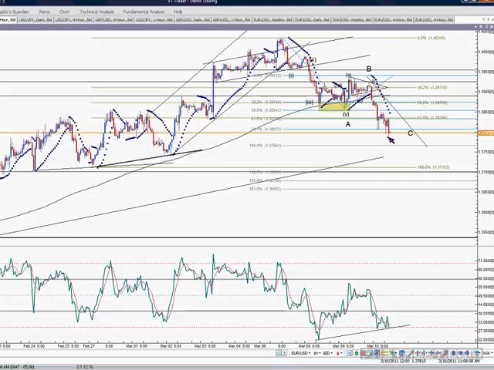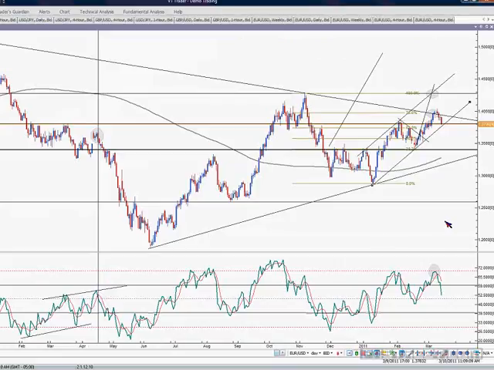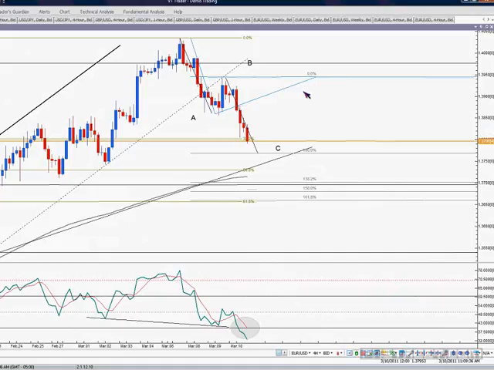Okay, so we're setting up here where we might have a rally again back towards the daily time frame, if the market does indeed respect this rising support. So that's another support factor that we're facing just above 1.37. Okay, so if we do bounce back up, we are looking for this top. Of course, we will have to clear the 1.4040 high, so that would be your immediate target, and above that, we would be looking for the 1.4280 high.